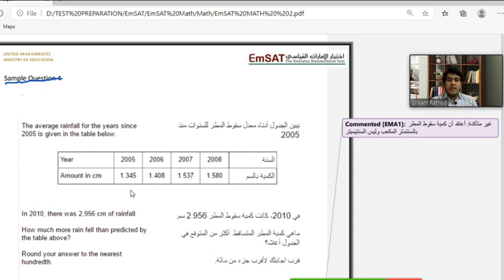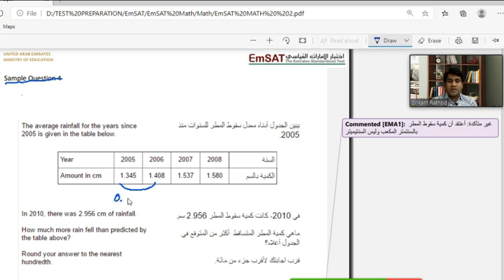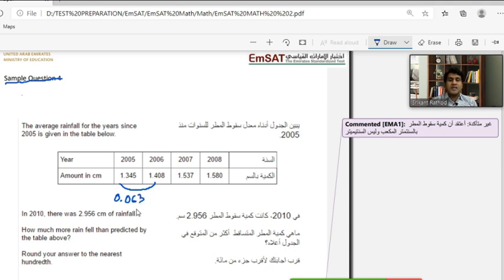It's basically to find the differences between each year, by what percent the rainfall increased or by what percent the rainfall decreased. Depending upon that, we can predict what would be the rainfall for the next year. So let's take the difference between 1.408 minus 1.345. If you take the difference of these two values, it says what amount of rainfall increased in 2006 as compared to 2005. So you'll be getting it as 0.063, or I can say in terms of percentage,